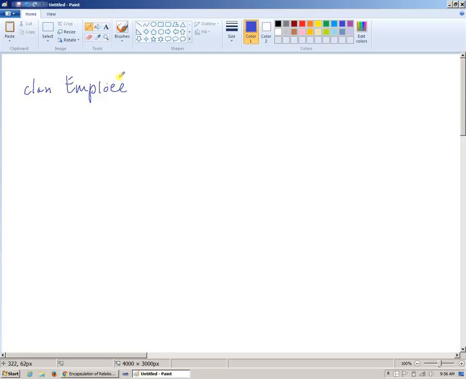An employee has an address, right? And an address can be a different class in a different file, right? So address could have private